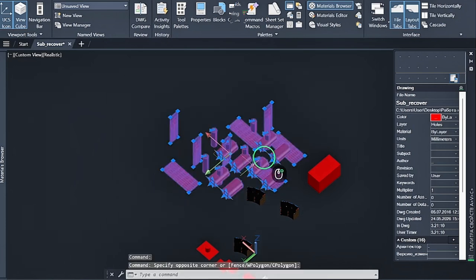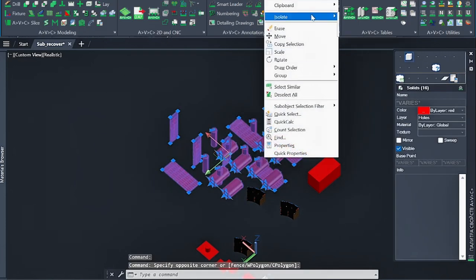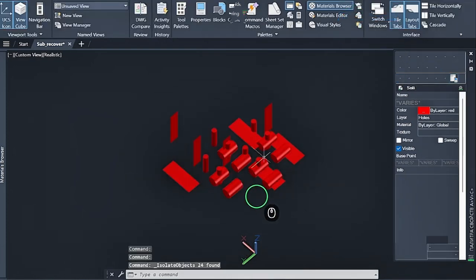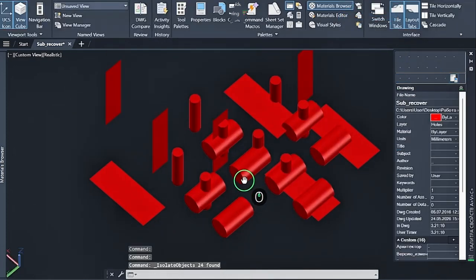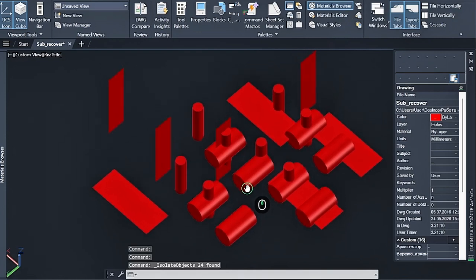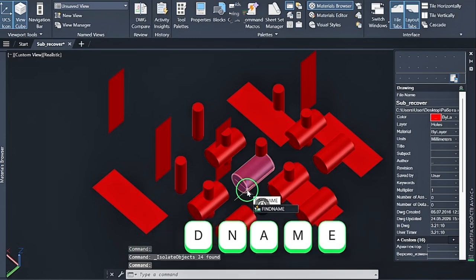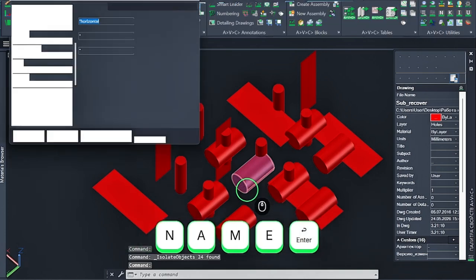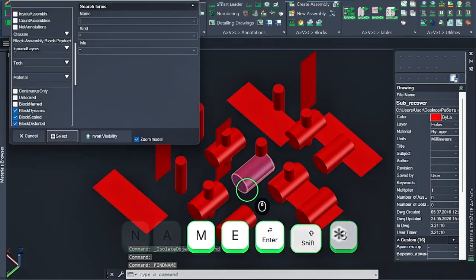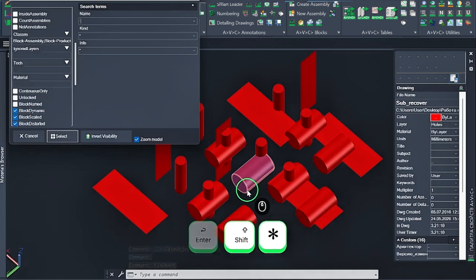Now let me show you another feature of Find Object by Name. And honestly, this is where things become really interesting. Here I have a really messy scene with planars and cylinders. The cylinders have the names cylinder horizontal and cylinder vertical, and the planars have the names planar horizontal and planar